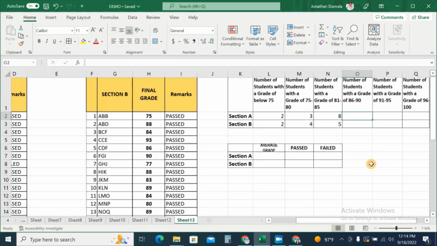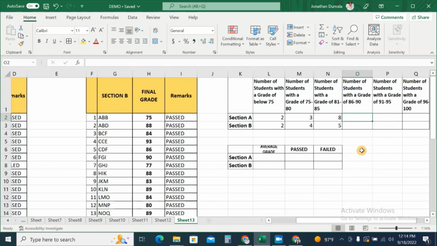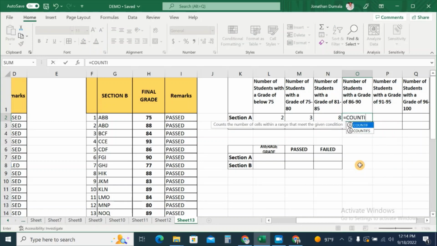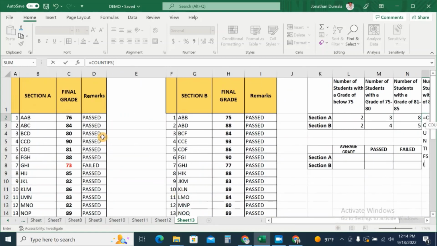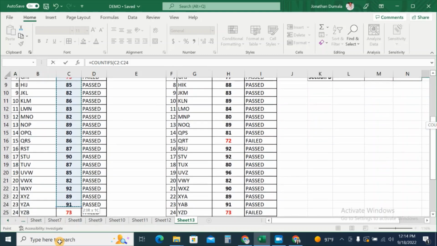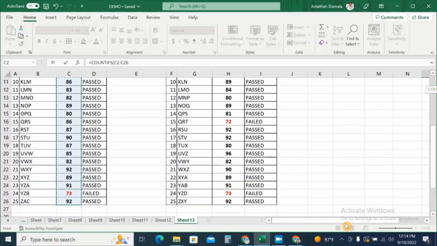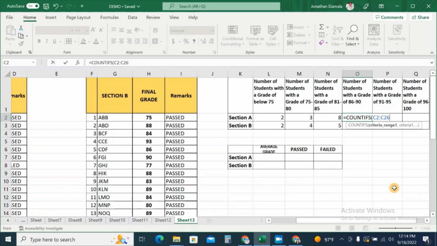Next is number of students with a grade of 86 to 90. Still will make use of COUNTIFS. So just follow equals COUNTIFS, parentheses. This is for section A. So let's highlight the final grades of the students from section A, then comma, insert the first criteria, quote, greater than or equal to 86. Then quote again,